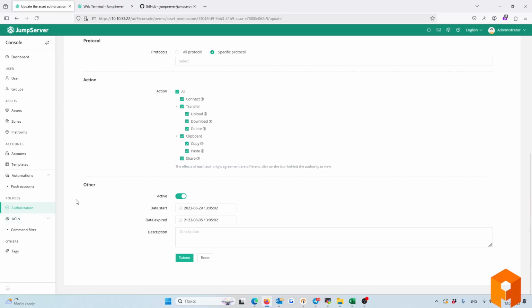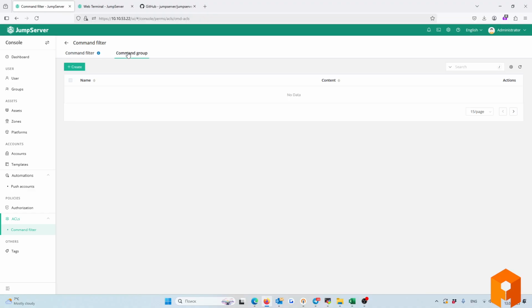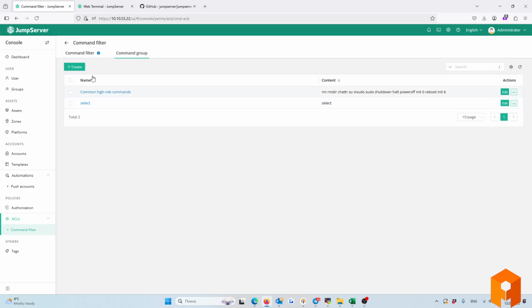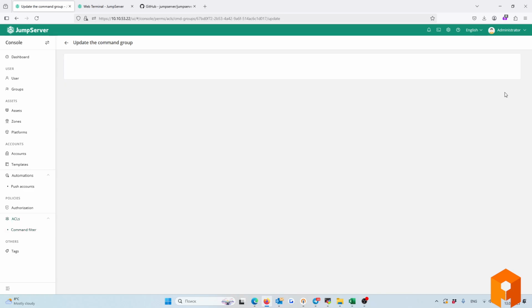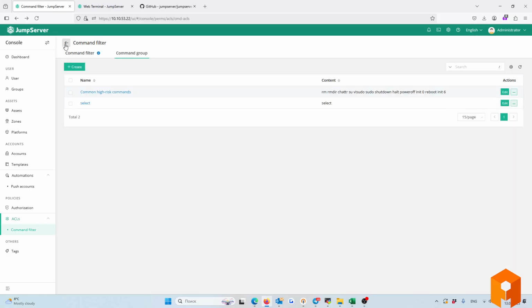And next one, in access list, you can have only one access list. It's command filter. Command filter works for SSH or for database queries only. First of all, you create command groups. Here you enter your commands or regular expressions, and then you create